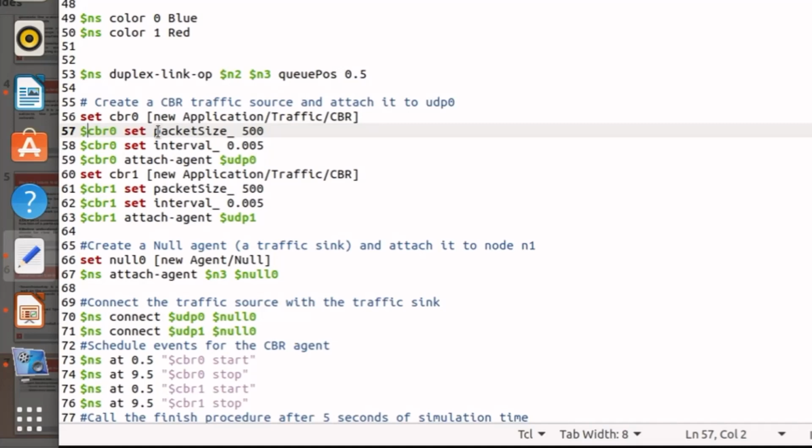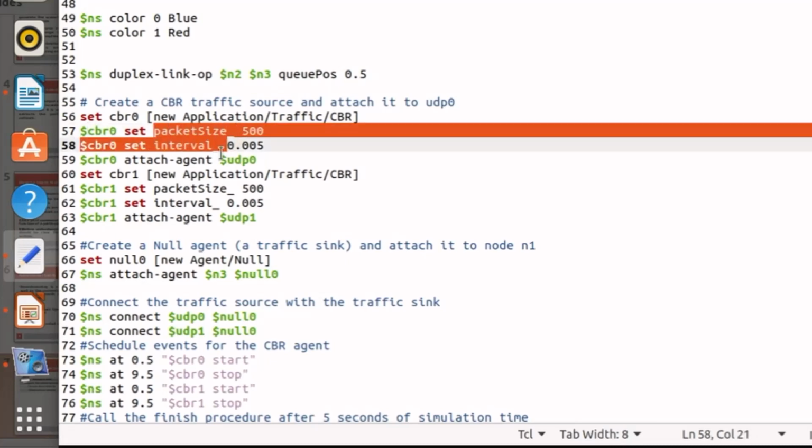So there is the interval, the packet size, and some other properties. Here we are using only 2 properties. I will tell you how you find out what other properties any variable has, in the source code.